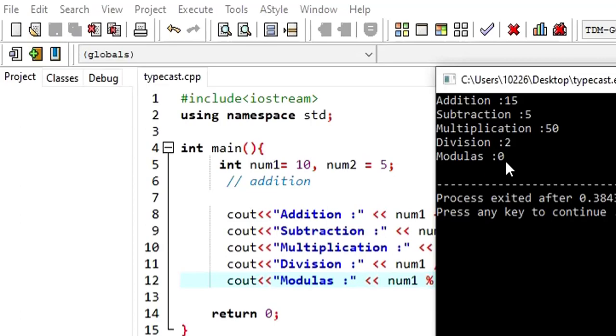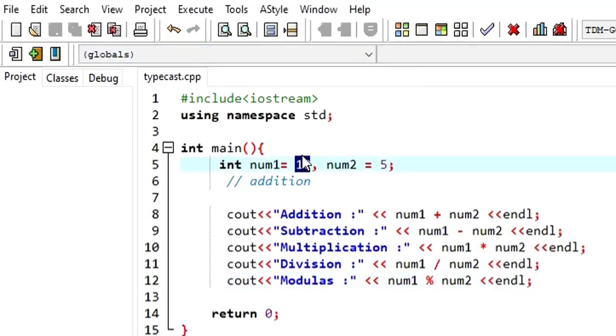In case num1 is 9, let's say I change the value to 9. Then for num2, let's have something that can give us a remainder. When I put 4, here we are going to get the remainder. When you divide 9 by 4, the remainder will be 1. So the modulus operator value will be 1.